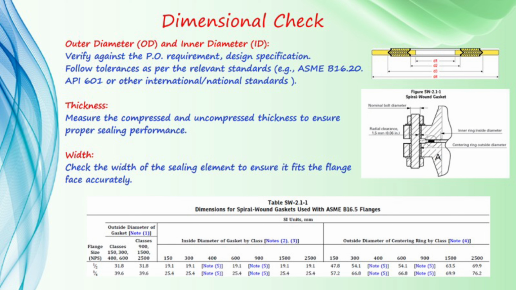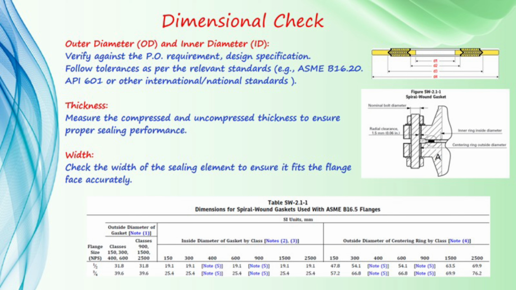Based on ASME B16.20, a dimension chart is mentioned in table SW-2.1-1, where inside and outside diameters are mentioned. Also, the thickness and width are given in the specification. So the QC inspector has to check the dimensions based on these reference charts, and he has to accept the gasket based